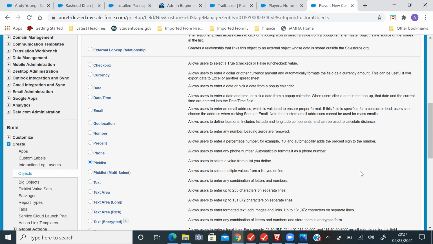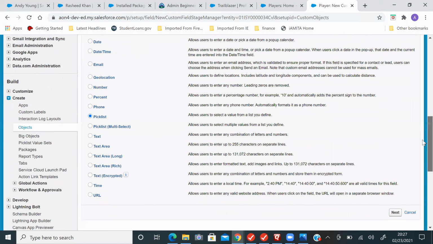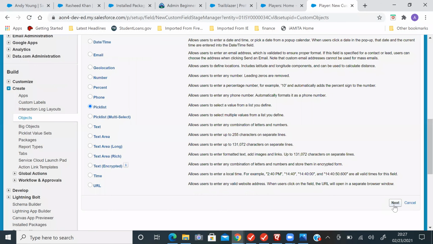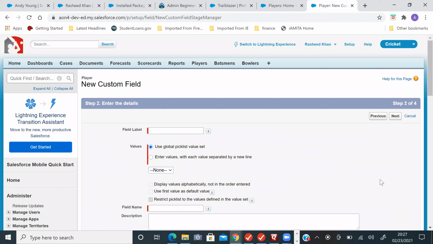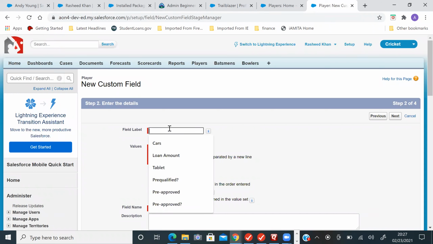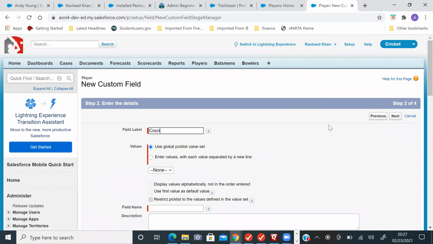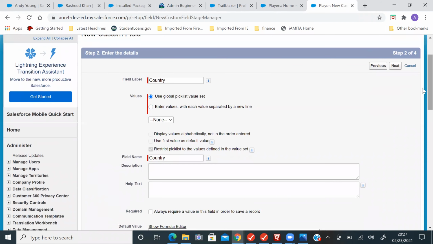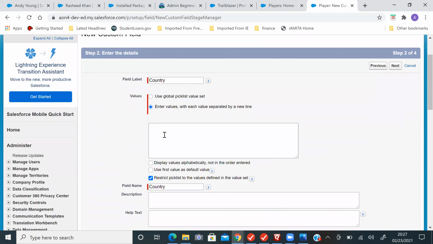For example, India, England, Australia, anything. Next. Field name, country. Use global pick list set value. Enter the values, each on its own line.